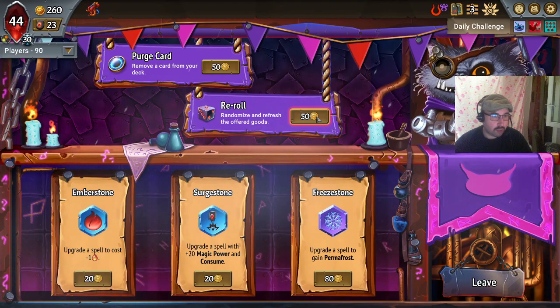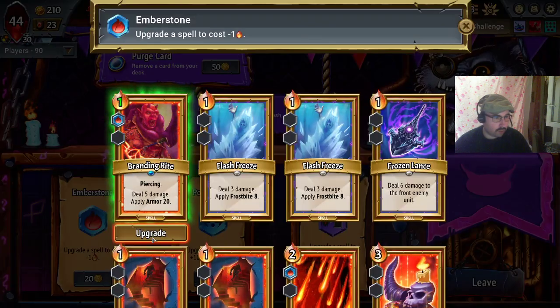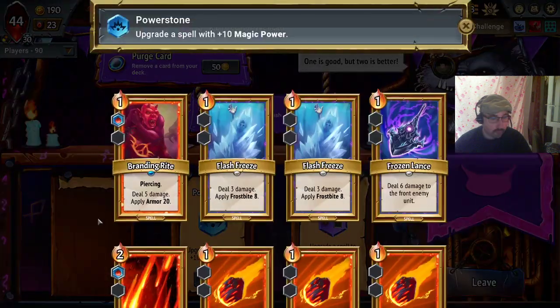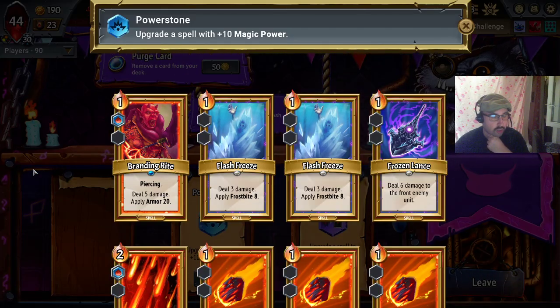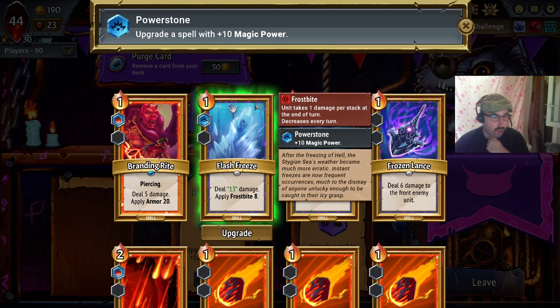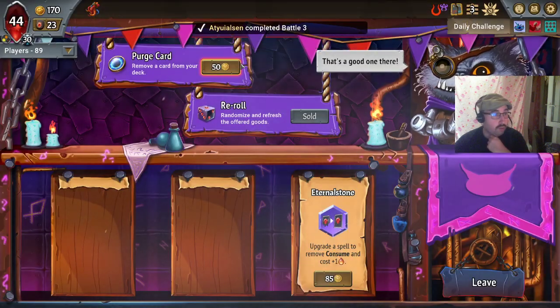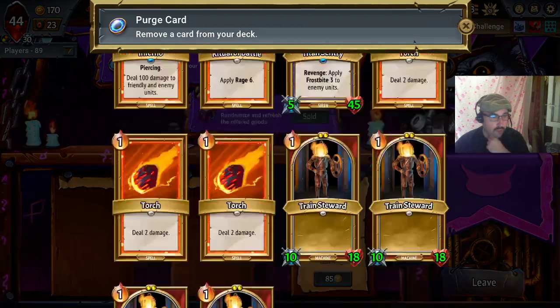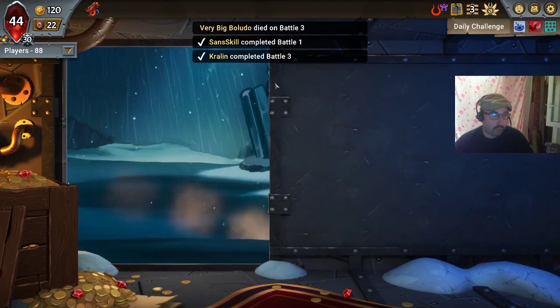Freestone, not quite what I'm looking for. Let's reroll. Still not quite the things I want. Plus 10 damage on a flash freeze would enable us to kill a little bit tankier backline units with it. I'm not totally against that. And I think I will purge a train steward here. We do have a lot of purges ahead of us, but...